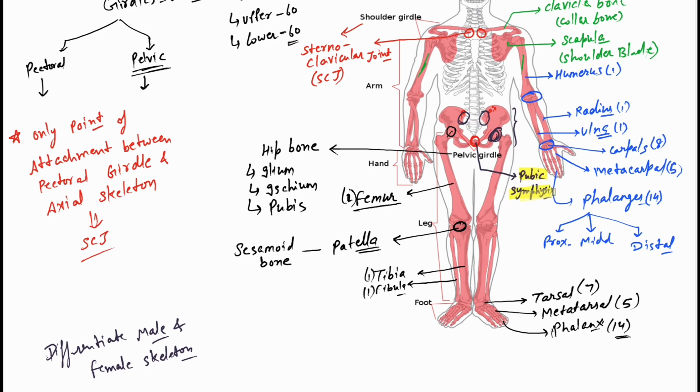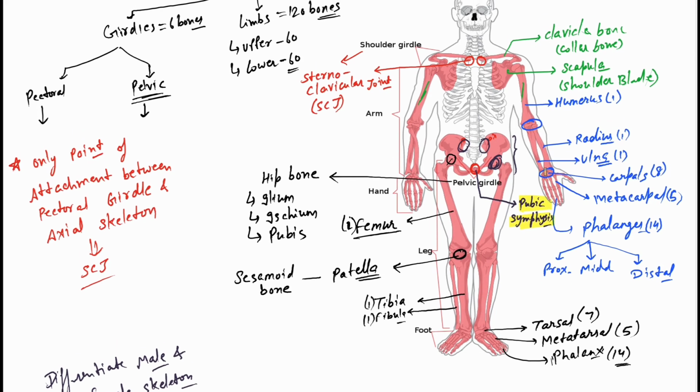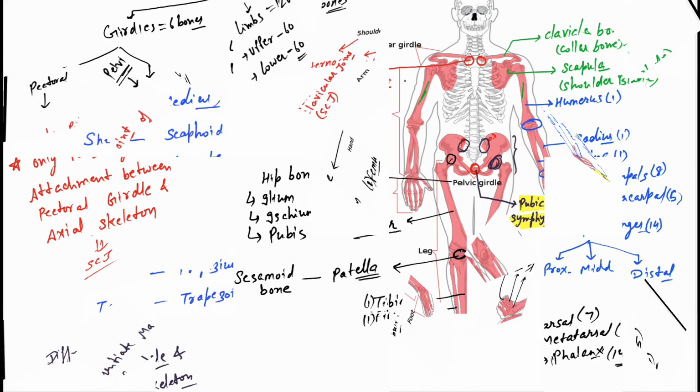Remember this more important part: it helps in pregnancy in the female. And then we talk about the upper limbs. In the upper limbs we have the humerus, the arm bone, from shoulder to elbow as we told, and then the radius and ulna, from elbow to wrist. Then we have the carpal bones. Okay, let's talk more about the carpal bones.